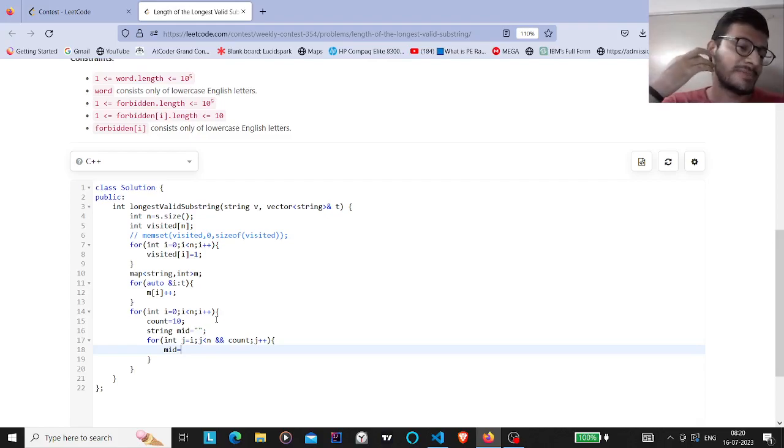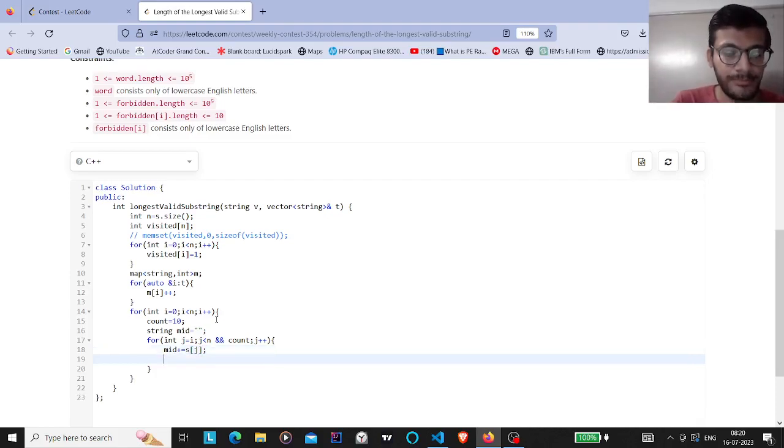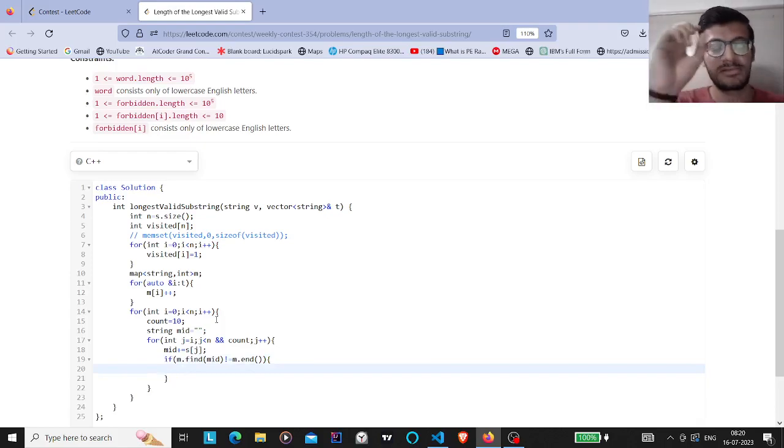I think that won't matter. Let's try mid plus equals s of j. If m of mid finds that particular string in the map,